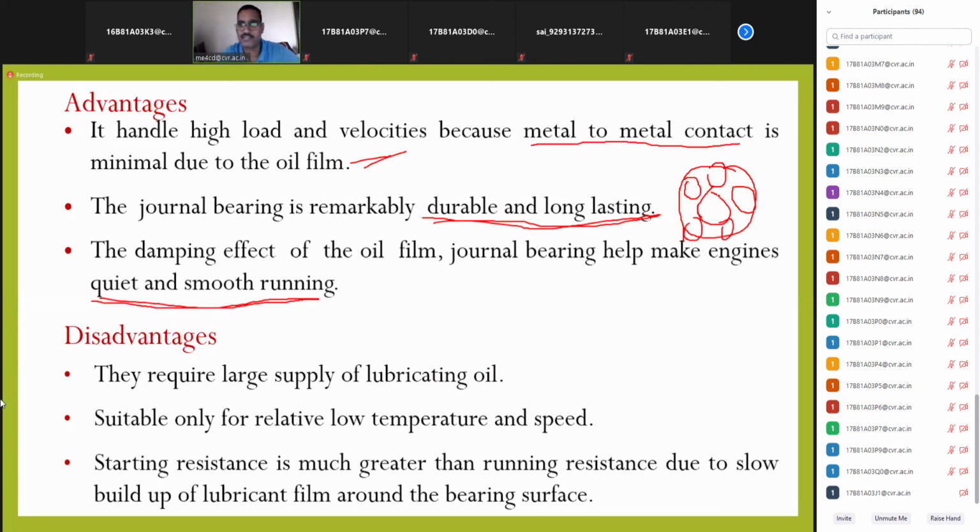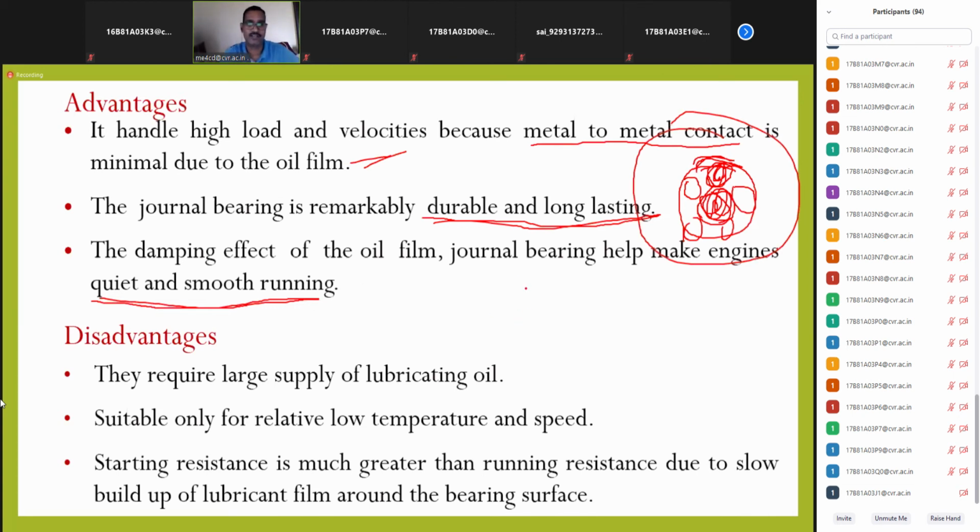So for example, if there is some vibration in the shaft, this vibration is supplied to these rollers, and the rollers will supply the same vibration to the outer cage, and the same outer cage will be supplying it to some other fixed element. That is how vibration will be developed.